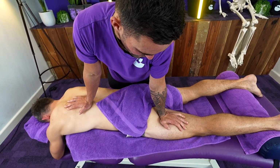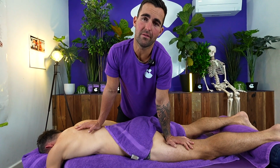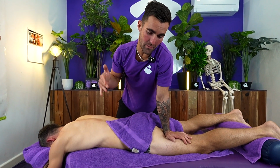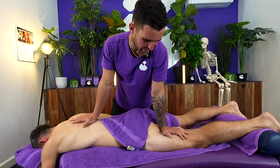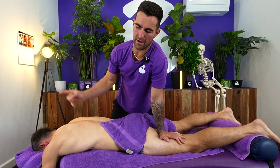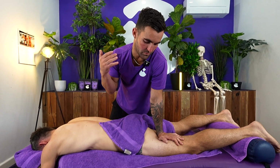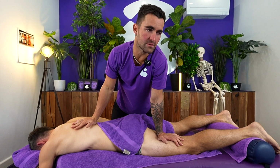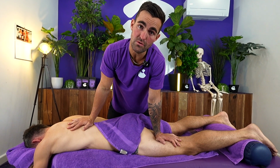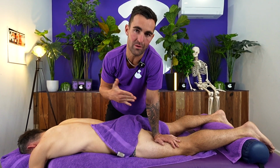So adhesions and build-up, I was actually thinking about it this morning when I was in traffic. I was driving and got out of my street this morning, and straight away I ran into some traffic. And I thought this is a great analogy for how blood vessels, when flowing on a freeway and cars that are moving, that's how blood vessels move through the capillaries, the veins, the arteries. When there are blockages in the tissues, so the adhesions, the build-up, we have like a bottleneck. And it's like traffic bumper to bumper where cars are stuck and stagnant and we're not moving or flowing very